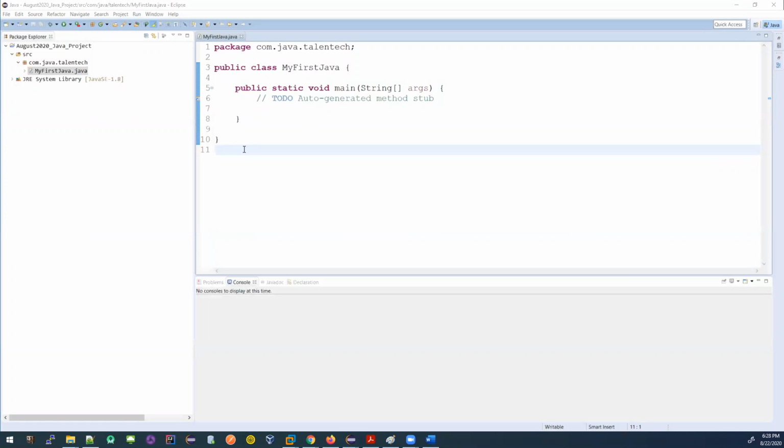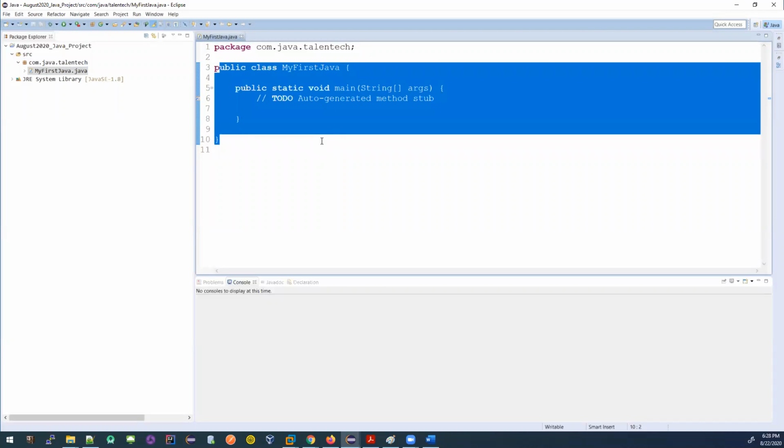Right. So this is the beauty of the IDE, right? So what just happened here? You created a Java file inside a package, right? And a Java file must have a class. This is the syntax for creating a class.